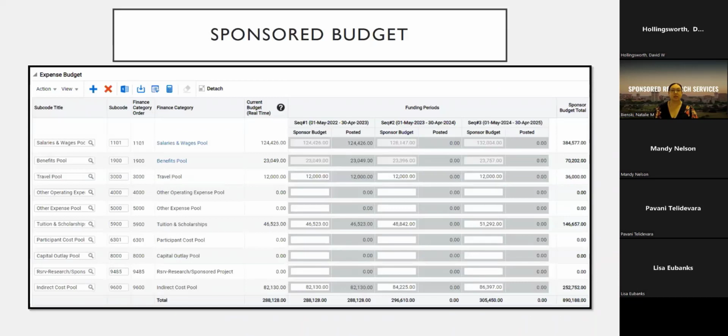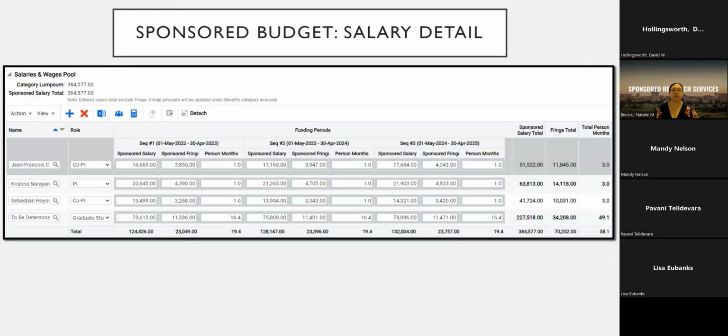Okay, so here is our general sponsor budget screen. You'll see here the things that I had mentioned. This is for one support account, but you can see there that we have a sponsor budget entered for 3 sequences, or 3 different years, all within the same support account. And if you notice, the salary and wages pool and the benefits pool are hyperlinks. So if you were to click on those items, that will take you to this next screen, which is your